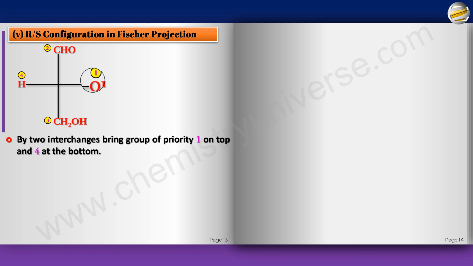So what I do is I first interchange 1 and 2 so that 1 comes on top. Then I interchange 3 and 4 so that 4 comes down. So based on that, don't you get 2 here and 3 here? Now go from 1 to 2 to 3. It is very simple because it's already flat. We made it into a flat, so it's much easier to look at the R and S here. So whenever you have any problem in any of the others, try and get the Fisher projection. It will be much easier. So this guy is R.